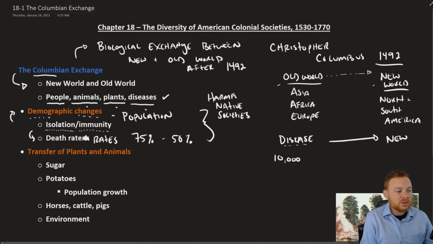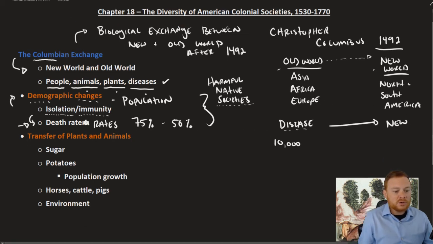Not just the sheer number of people who died from disease, which is consequential within itself, but the way that they impacted entire societies, entire economies, entire cultures. And like we had mentioned in the previous chapter, this was one of the main reasons why the Spanish were successful in their conquest over New World peoples, the way that disease had such a dramatic or devastating impact.